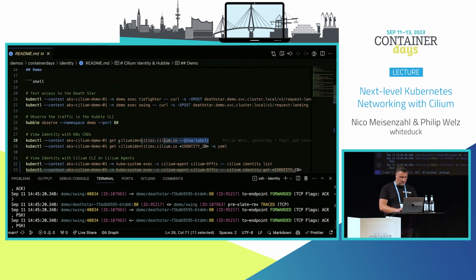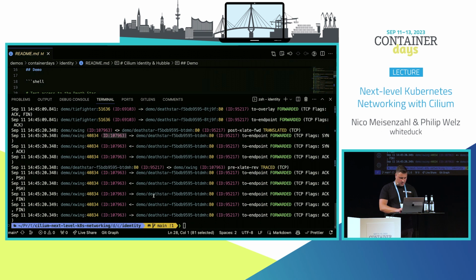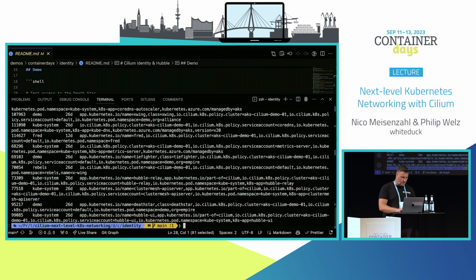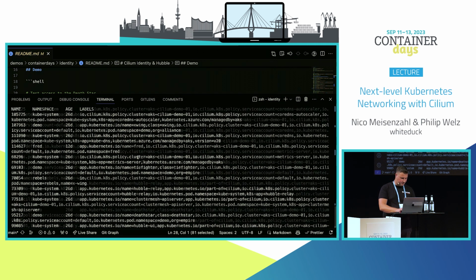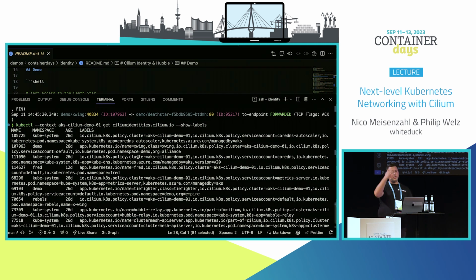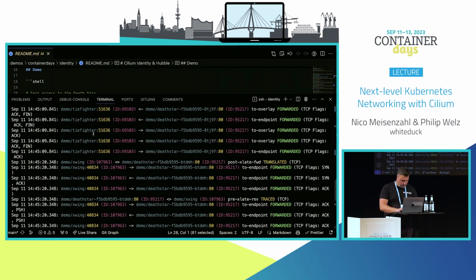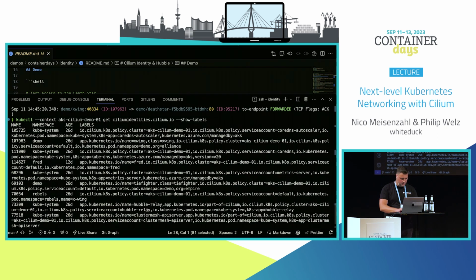And what we can now do is we can use the Cilium CRD. So we can take a look at the identities. But basically, this is a list of all identities in the cluster. It's via CRD, so you can easily look at it. And what we want to do, I go just here and grab the TIE Fighter identity, and then